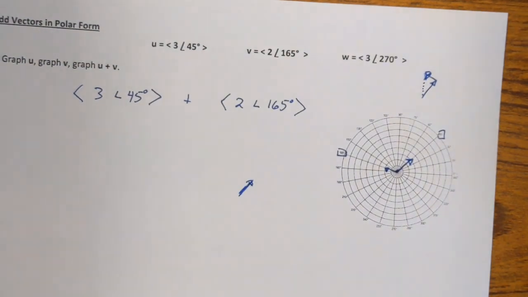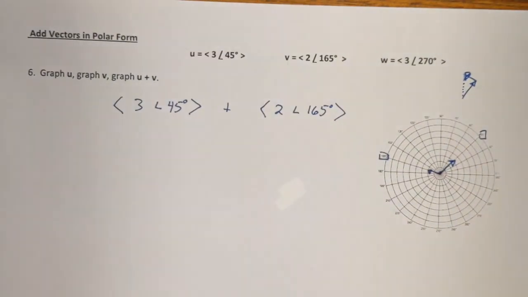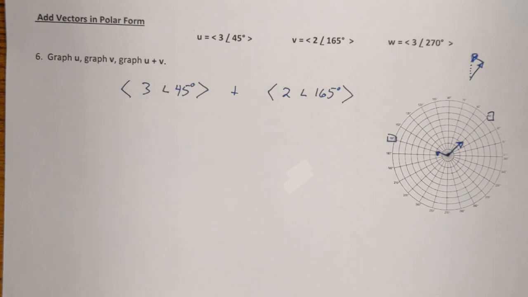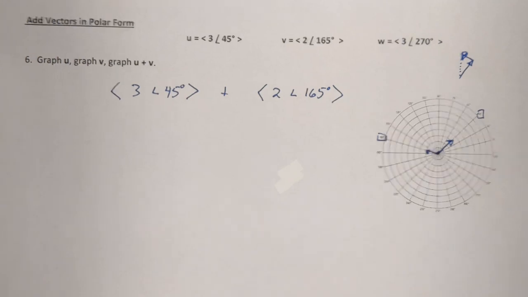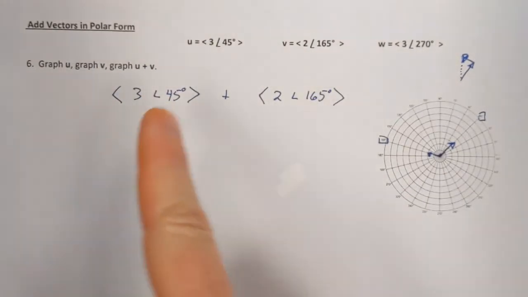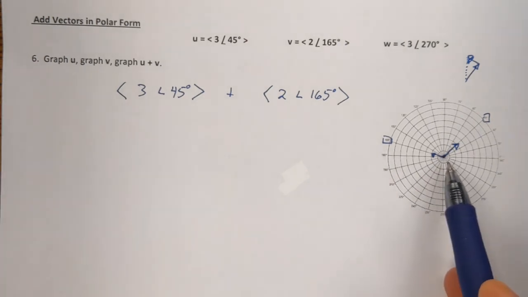Well, guess what? You start to wonder, all right, well, Mr. Klein, how am I going to add two polar coordinates together? And I have some really, really bad news for you. The answer is you can't. You absolutely, positively cannot add two polar coordinates together. I guess if they were the exact same angle, you possibly could, or complete opposite angles,